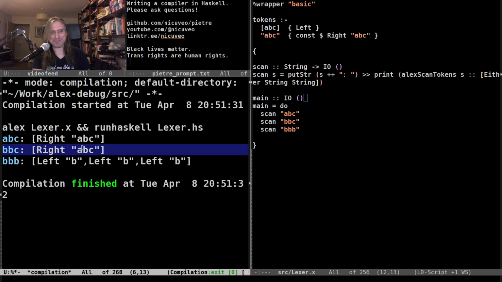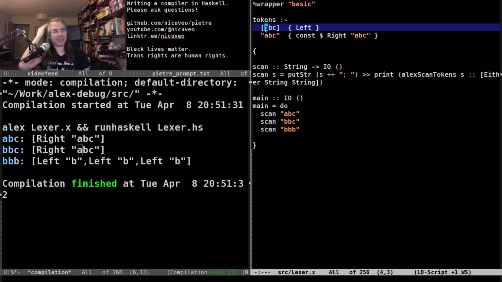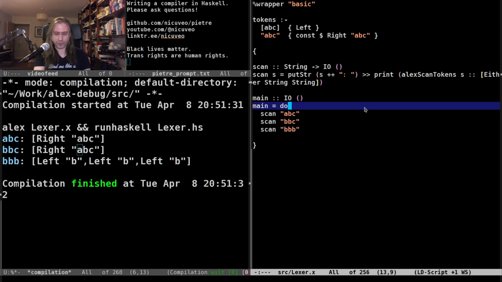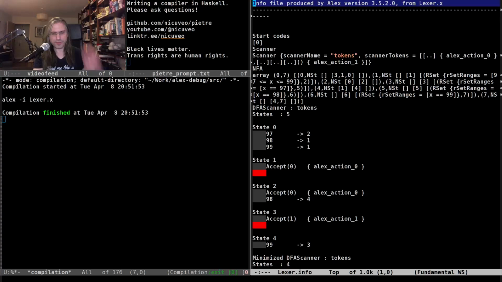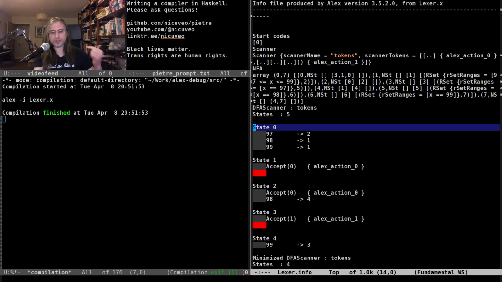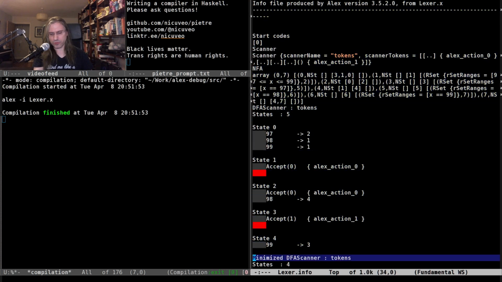We are matching ABC despite the fact that this was not ABC. And if we look at the info for this, if I run Alex minus I of Alex0.x, and I look at the generated info file, we have here the state machine that Alex is using under the hood.